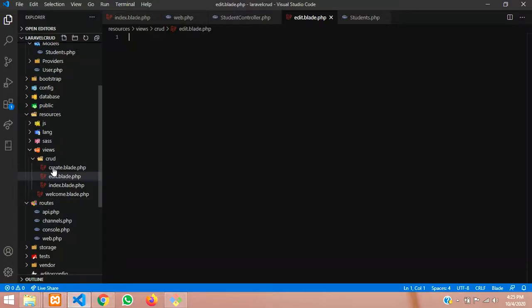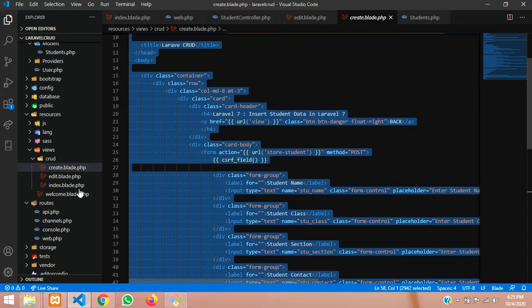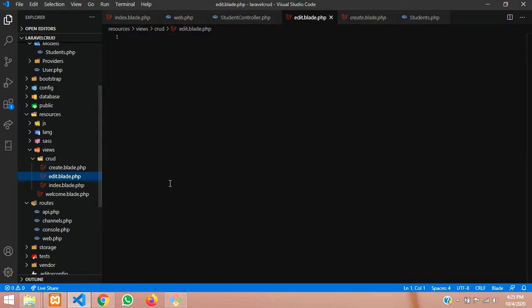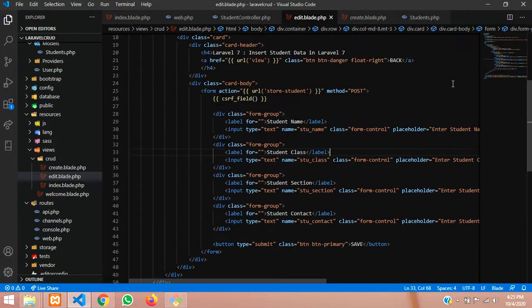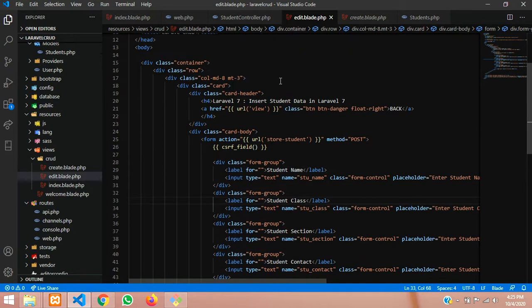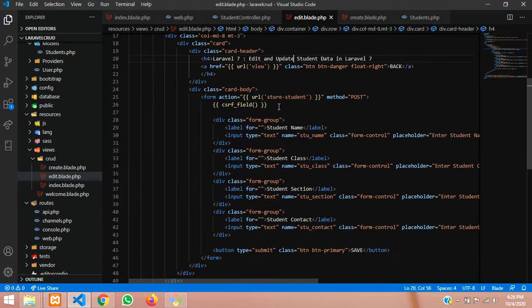So let's go to our create blade file. Let's press Control A, Control C, and Control V. So paste that and save it. And instead of this, we have to change some things. So instead of insert, it should be edit and update student data, and then we are going to change some more routes.